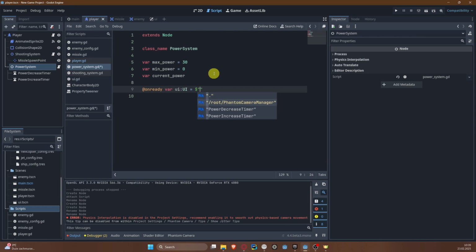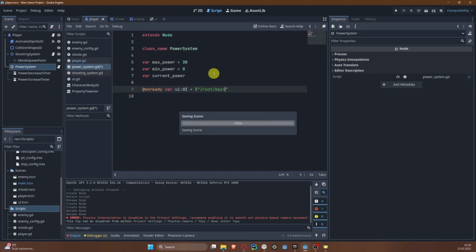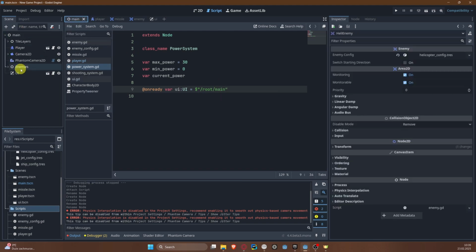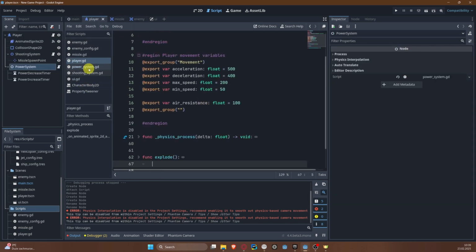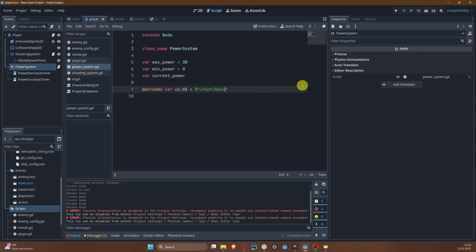You can see that we have a reference to root here, so we'll use this. So root main, because here we have our main scene, and then we have UI, so we can reference that. Root main UI,